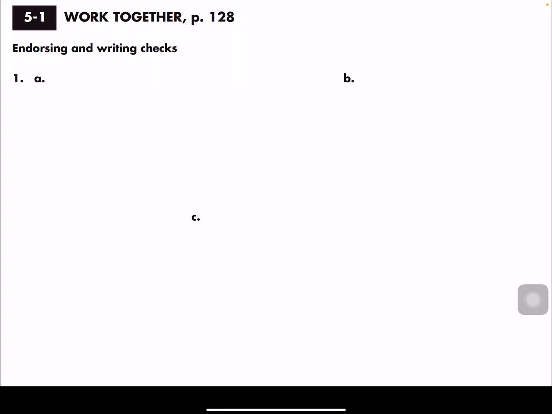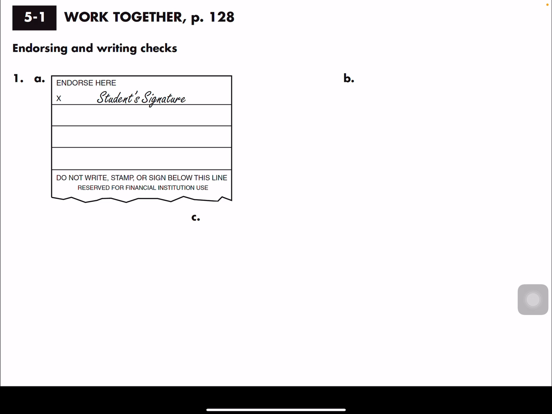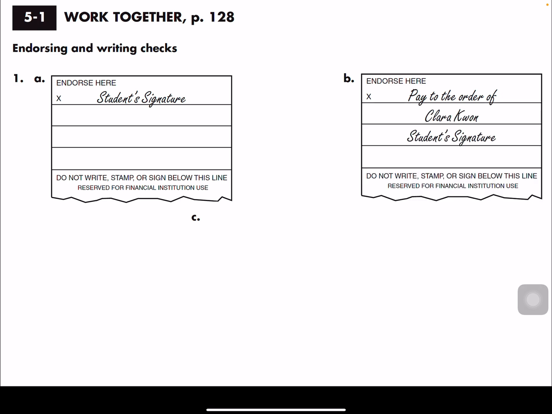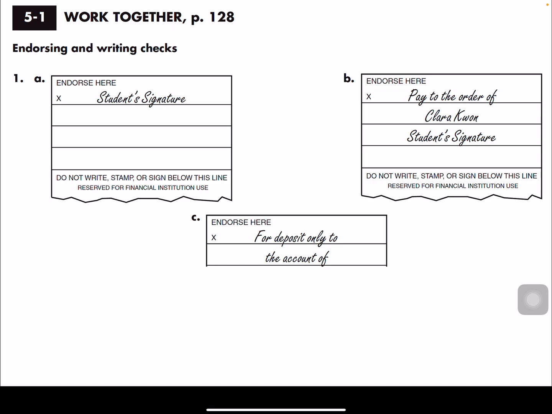Okay, just as a little review, again, endorsing checks. Remember, this is our blank endorsement where we just have your signature. This is your special where you put "paid to the order of" somebody else with your signature. And then restrictive where you'd put "for deposit only to the account of" whatever account it is, and